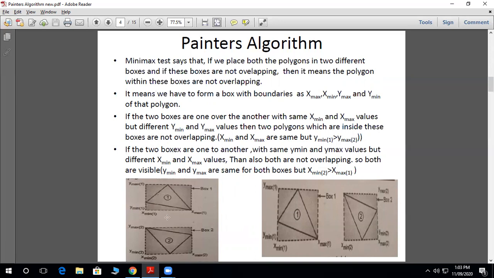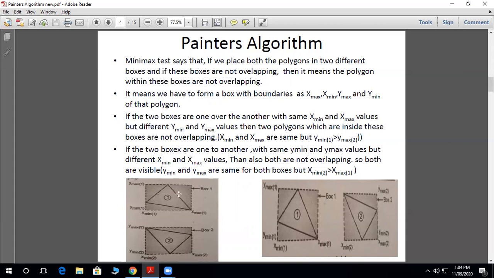For both polygons, x min and x max are the same, but the y min and y max values are different. Then the two polygons inside these boxes are not overlapping. That means x min and x max are the same, but y minimum of 1 is greater than y maximum of 2.